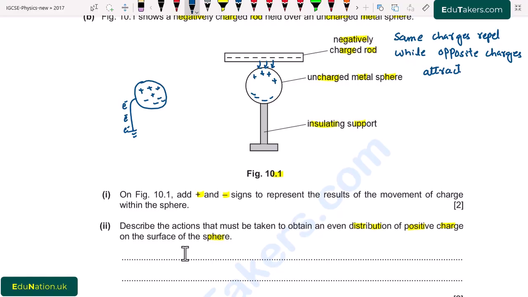Now when all the negative charges have flowed, I have to remove this wire and there will be just a sphere with positive charges. And there is also a rod here that is placed over it. Then when there are only positive charges, I also have to remove this rod, so that by the removal of this negatively charged rod, the positive charge distributes evenly on the surface of the sphere.